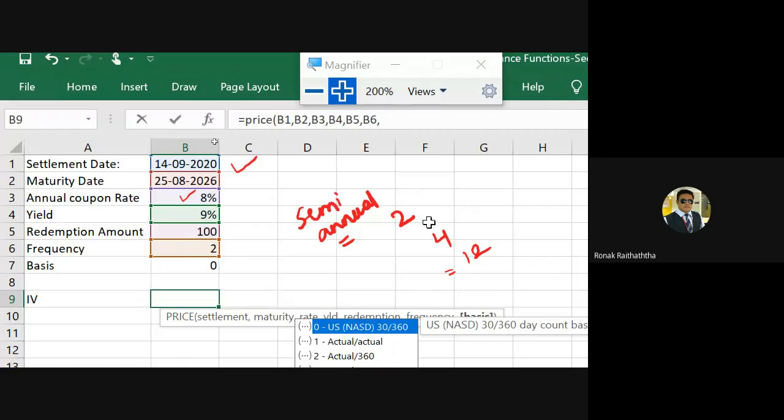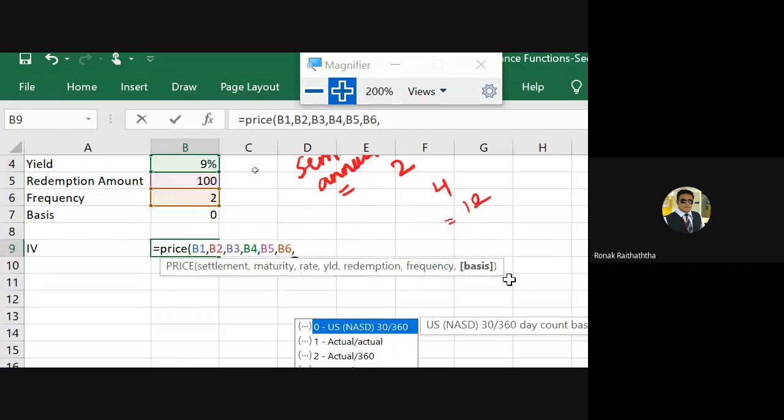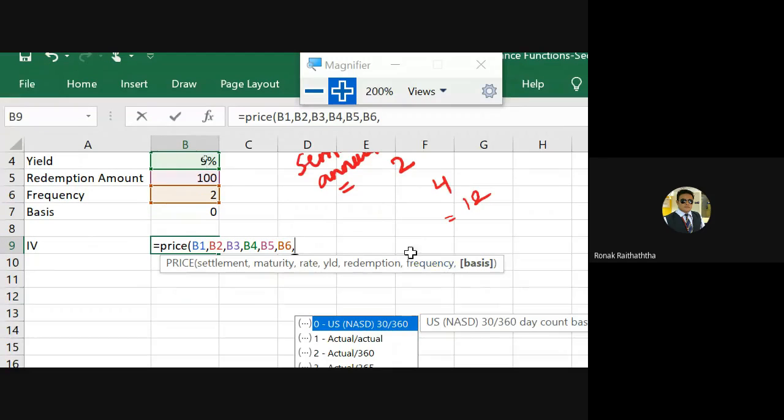Then the last one we have, fellas and fellies, please try to understand, there is no need to get confused over here. It is there in the bracket, so it is absolutely optional. But why is there a basis and why is there a requirement of giving the basis in Excel, the last parameter of this syntax? The requirement is that you want to specify what day count you want to use in this, because you have taken the dates, my fellas and fellies.